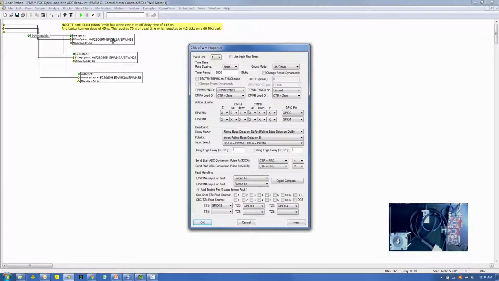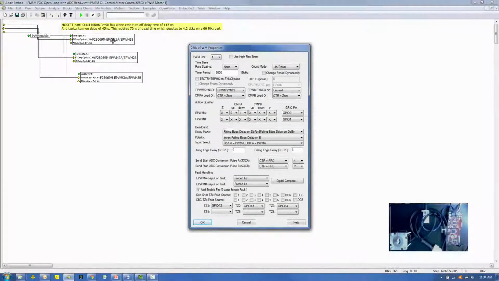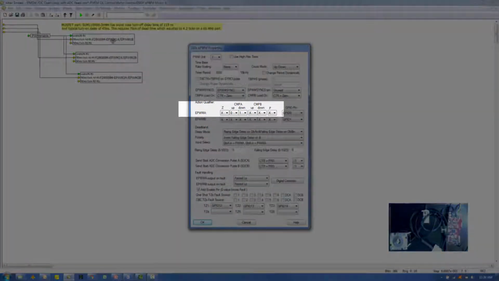The action qualifier setup. First, make sure the GPIO pin is set correctly, in this case to GPIO 0. CMPA for ePWM-A is set to Z equals nothing, up equals 0, and down equals 1. This means that when the normalized value of the PWM counter, which counts from 0 to 3000 at 15 kHz, passes from less than to greater than the duty cycle command, the PWM will be set to 0. And when the PWM counter passes from greater than to less than the duty cycle command, the PWM will be